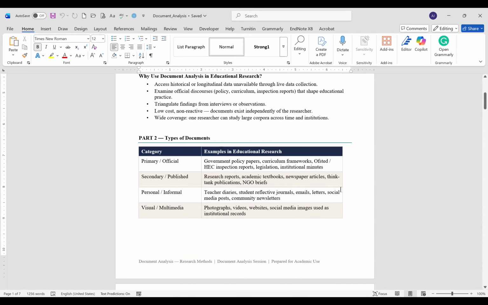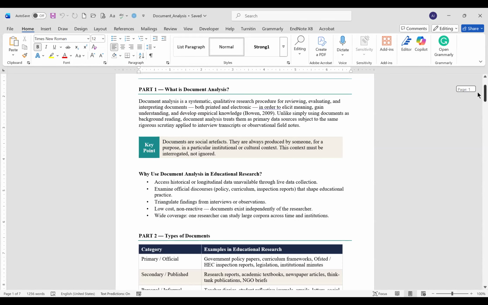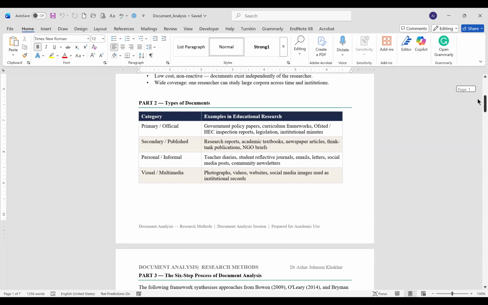I have already shared with you the text also. It's a one-page text from the Government of Pakistan's education policy document. So let's see if you can, as you answer questions in part one,